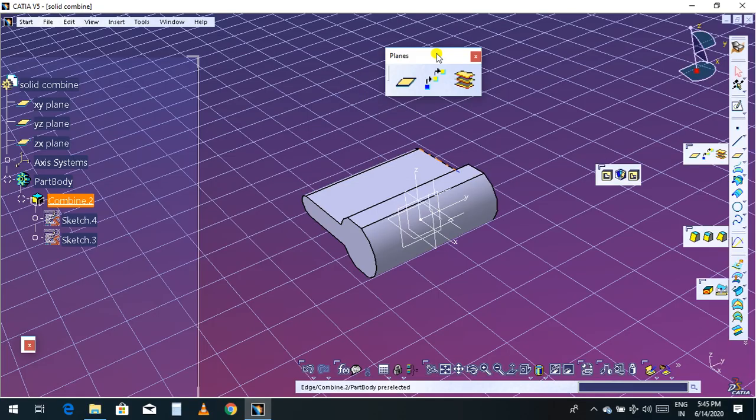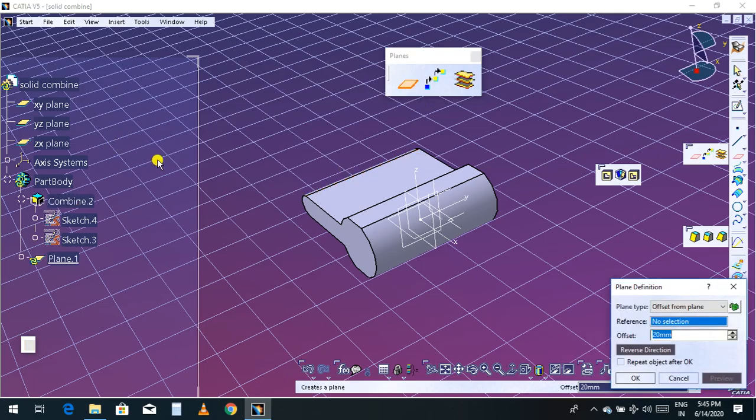There are three tabs. This is the plane, this is the point representation, and this is the plane between. So I'm going to select this plane. Now it is asking for a reference plane, where you want it.